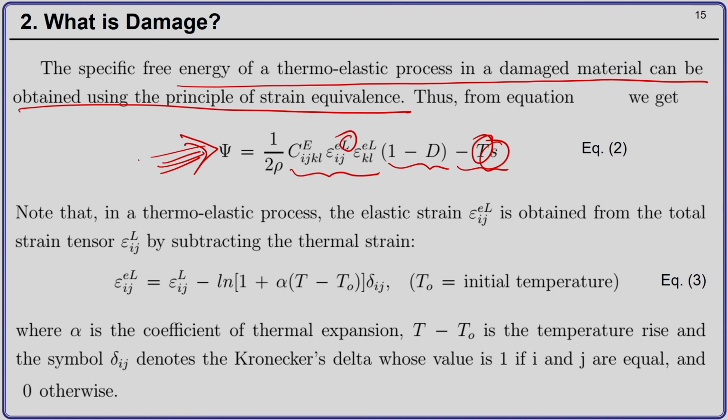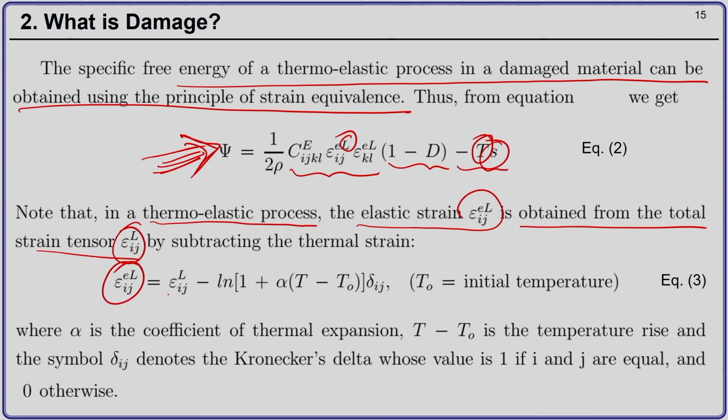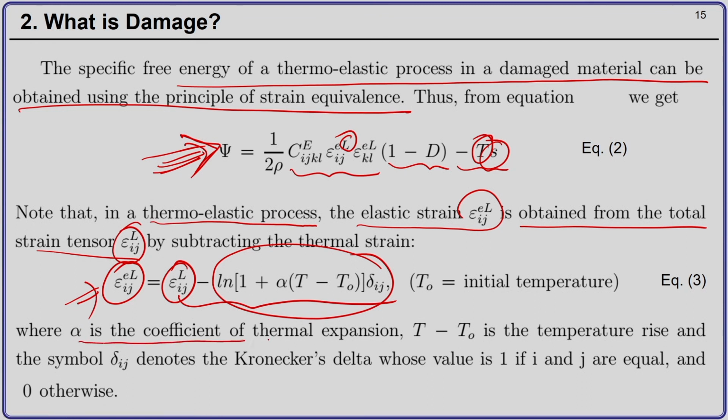So, we just straight away mention this: in a thermoelastoplastic process, the elastic strain can be obtained from the total strain as follows. You have to subtract the thermal strain from the total strain to get the elastic strain. Here alpha is the coefficient of thermal expansion, T minus T0 is the temperature rise, and delta is